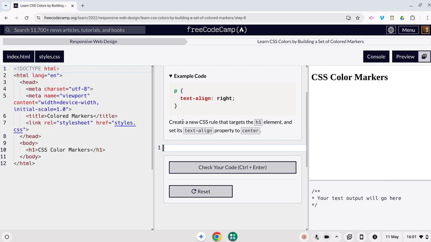Right, so create a new CSS rule that targets the H1 element and set its text-align property to the centre. So that's the HTML here: doctype, HTML, head, meta. Now we're going to do the CSS over here, but it'll go into this file, styles.css. So, create a CSS rule that targets H1. So H1, that's the target,